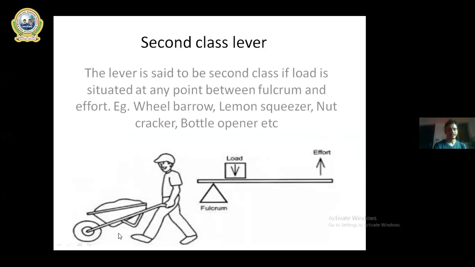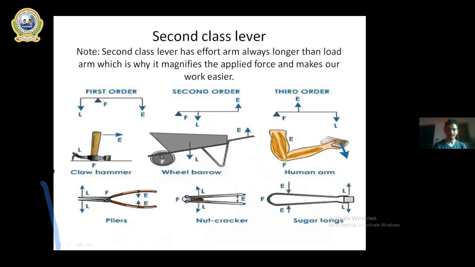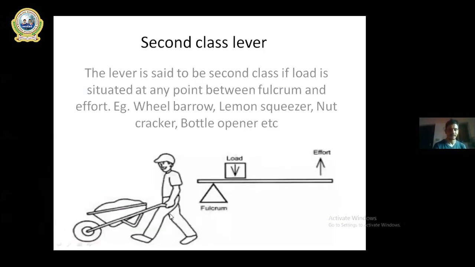So you can see at this point the lever is balanced. So this is the fulcrum and this is the load. This is the handle, so he applies force at this handle. So this is the effort. See here, the load is in between fulcrum and effort. So this is called second class lever. Do not write on the screen. The lever is said to be second class if the load is situated